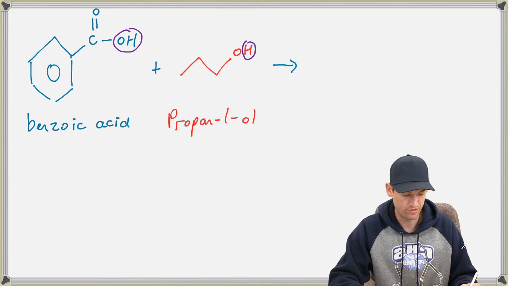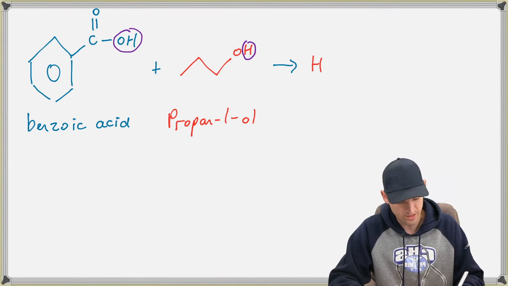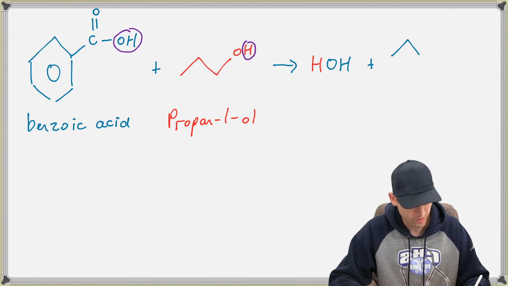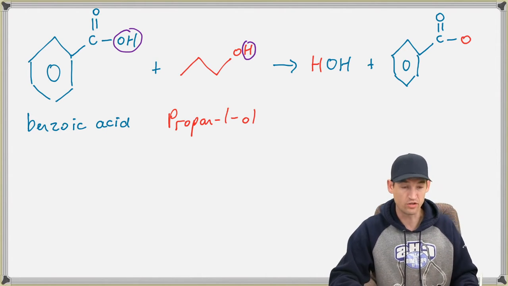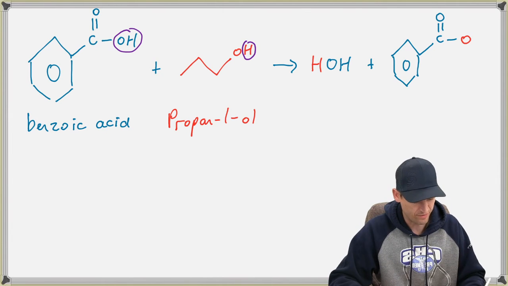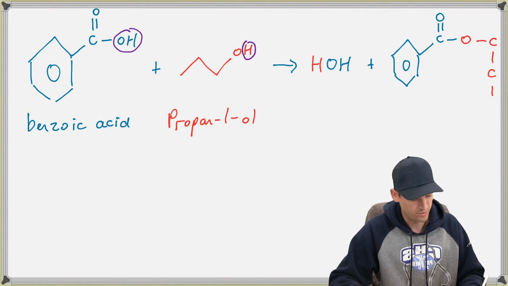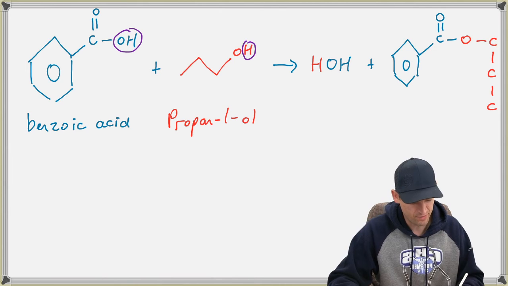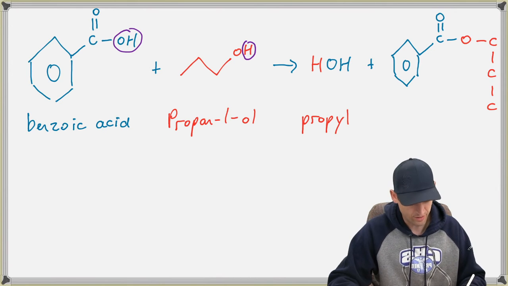Now, when we recombine these, if we remember that this complete OH is going to come off and that H is going to come off, then we know we're going to get as our first product that water molecule, like this. And then we're going to have our benzene out to a carbon, double bonded to an O, and then we're going to have the O from the alcohol, and then it was propanol, so then we're going to have 3 more carbons here. So I might have to curve this just to fit it on the page, but if you have more room, I would just straighten that out. But then in terms of the naming, this will be a propyl because of the 3-carbon branch, and then